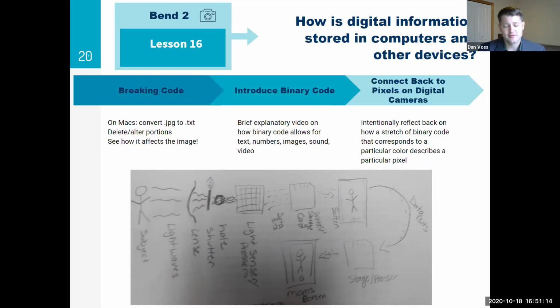Now, most students have heard of binary code or something like that. Even if most haven't, there's usually someone in the class that's pretty familiar with it. And so when I ask, what is this language thing? They're like, well, it's code. And then we introduce binary code and go through how binary code encodes text versus numbers versus images